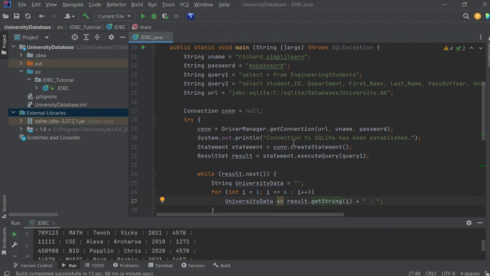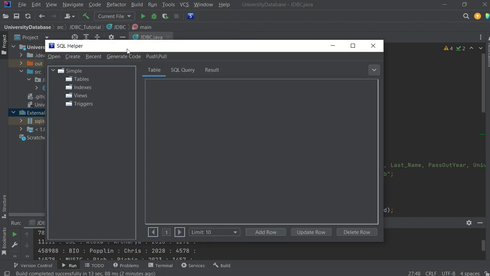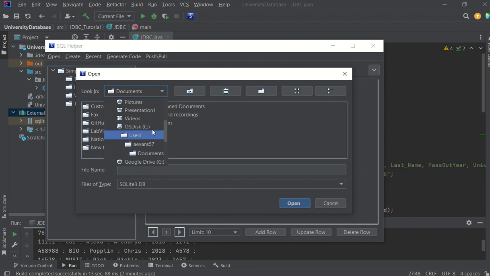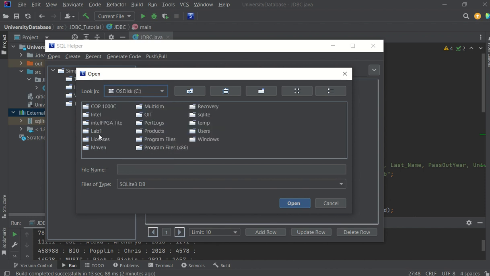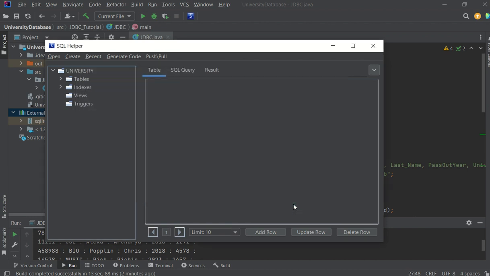So now I'm going to show you how we can make a more robust Java application to access our database. At this point, you should have SQL Helper installed, and if you do, you have this blue S right here at the top of your screen. So the first thing that I want you to do is click that S, and we're going to go to Open. From PC, you're going to navigate to where your university database is saved. In my case, it is stored in my SQLite folder right there. So I'm going to open my database,